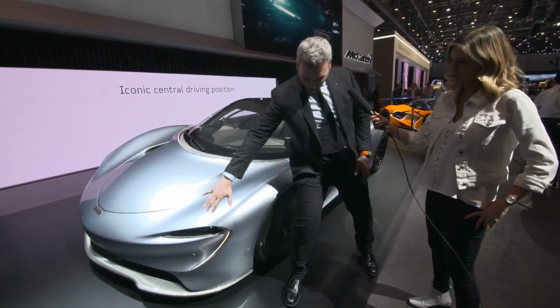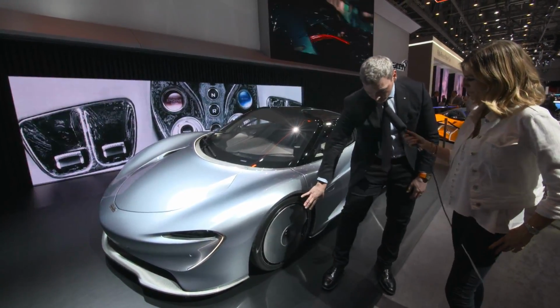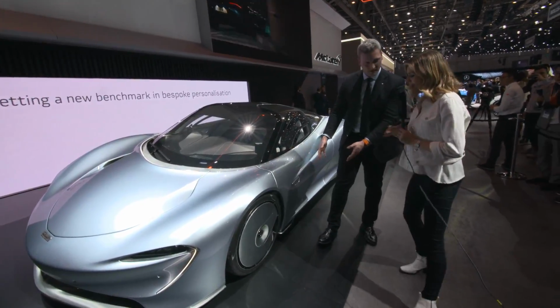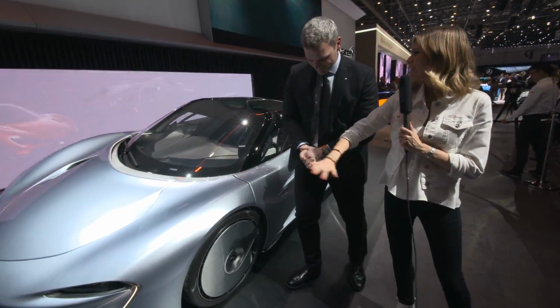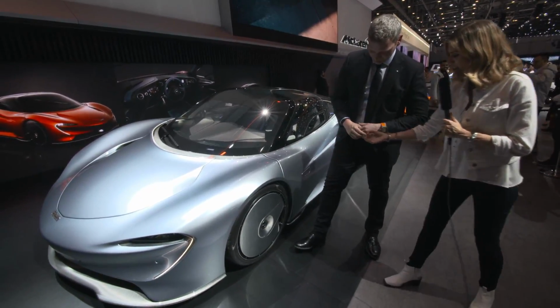So first up is a very teardrop-like shape in the front corner. And the static wheel cover. This is all to keep the air attached to the car down the side of the car. Can we just talk about this? Sorry, you're just brushing over things. This static wheel cover, it looks incredible. I mean, it's almost